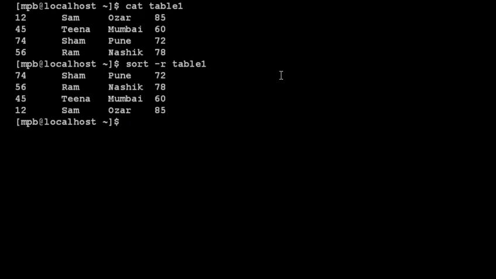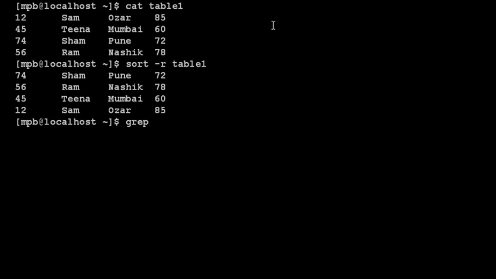Now the next command is the grep command, and the grep command is used to search for a pattern in a file. Global regular expression printer is the full form of grep. So here I am just writing the grep spelling, GREP. GREP stands for global regular expression printer. It is used to search a pattern or word inside one file or multiple files. So we will see how to use this command.